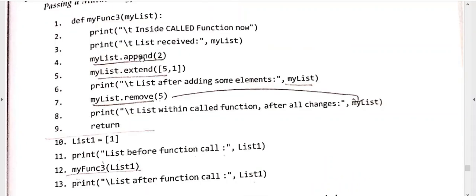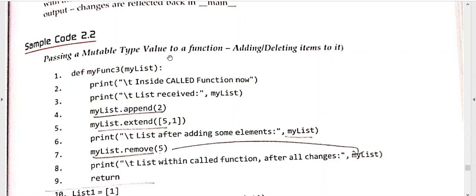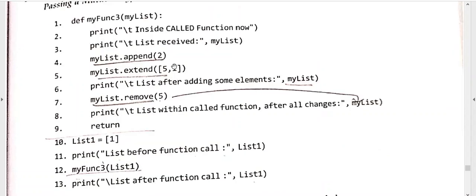When we are talking about mutable data types, that means we will be using a list here. With the help of this list only we will be able to use this concept. Otherwise the change that we are doing in this local function will not be reflected in the main part of the Python program. Firstly, you know that the function definition header will be executed and the other body statements will be ignored initially. So your program will start from line number 10.